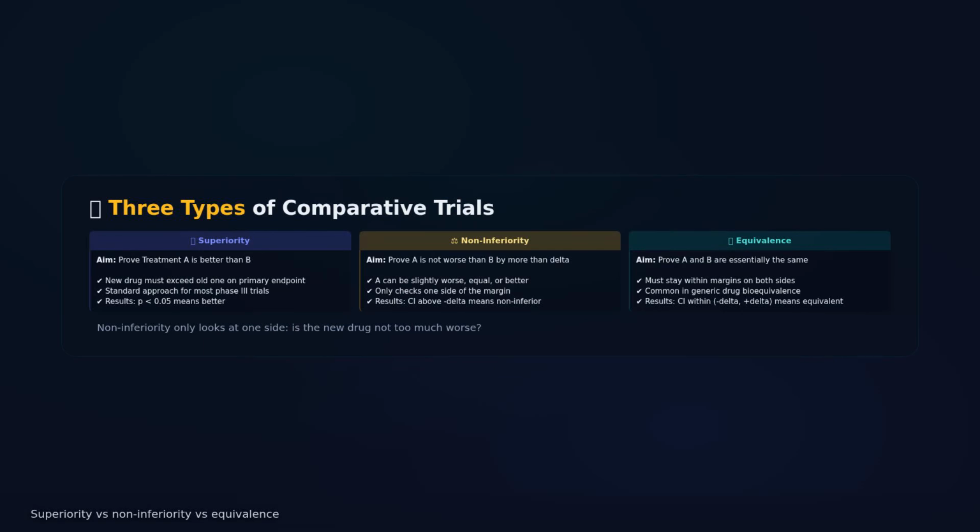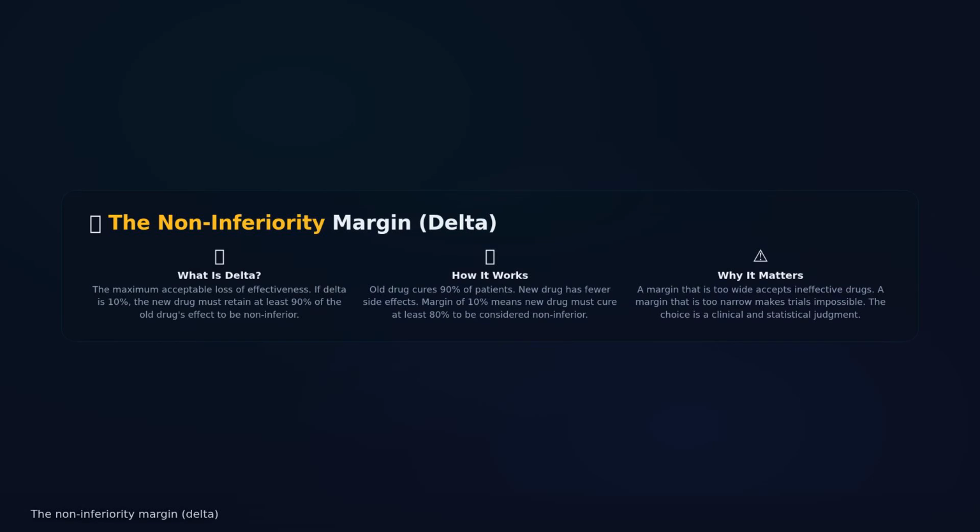Non-inferiority only looks at one side: is the new drug not too much worse than the old one? Equivalence looks at both sides: it must not be too much worse or too much better. The non-inferiority margin, often called delta, is the maximum amount of effectiveness the new treatment is allowed to lose compared to the old one. Researchers choose delta before the trial starts, and it must be small enough that losing that much effectiveness is still clinically acceptable. For example, if the old drug cures 90% of patients, and the new drug has fewer side effects, maybe we